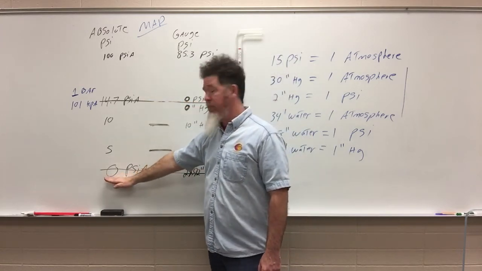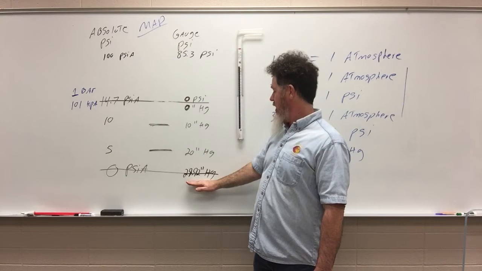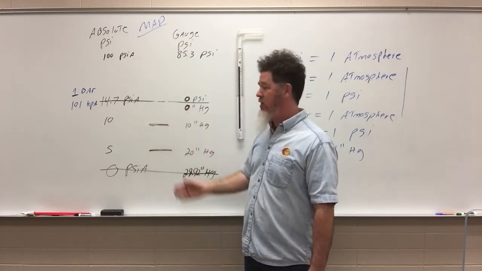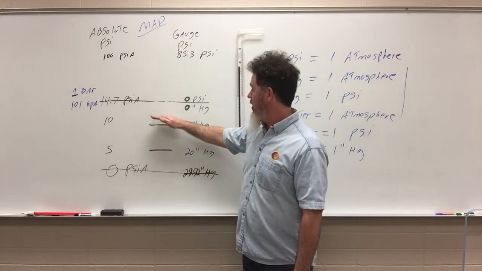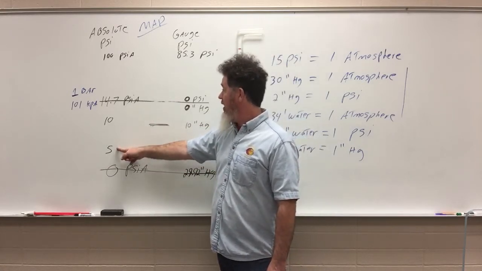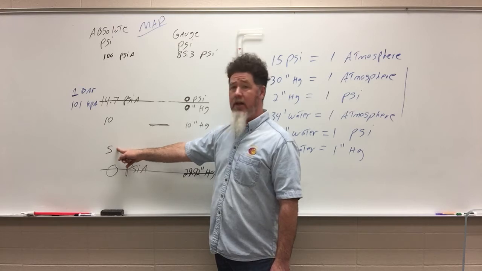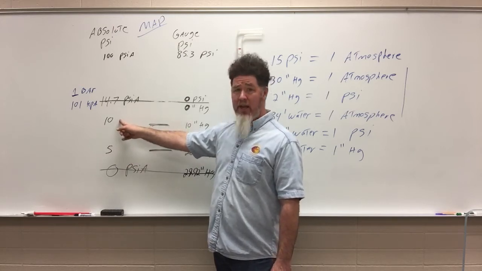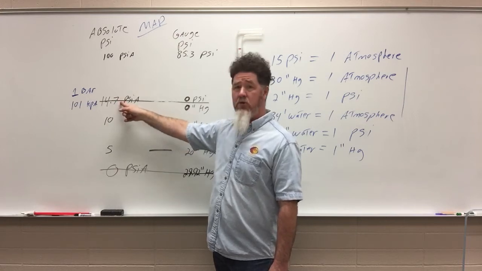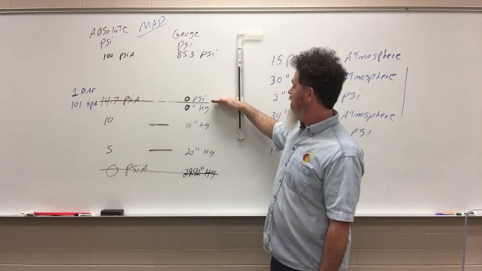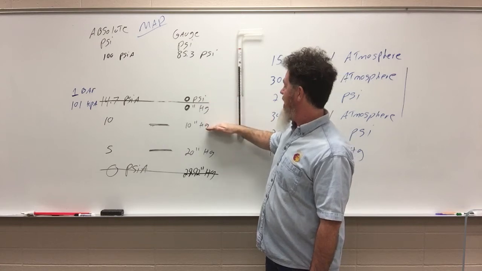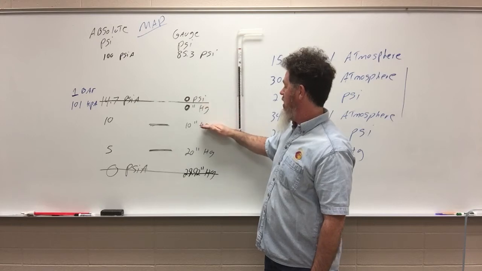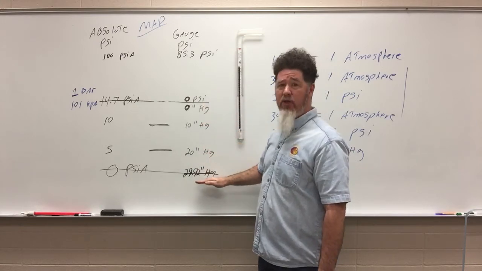Again, I got 0 PSIA and 29.92 inches of mercury. And I just divided them into thirds, because that's an easy thing to do. At a third, measuring PSIA, it's at 5. At the 2/3 value, I'm at 10 PSIA. Then of course we're at 14.7. If I do the same thing over here, at my 2/3 level we're at 10 inches of mercury. So I go 0, 10, 20, round that up to 30.